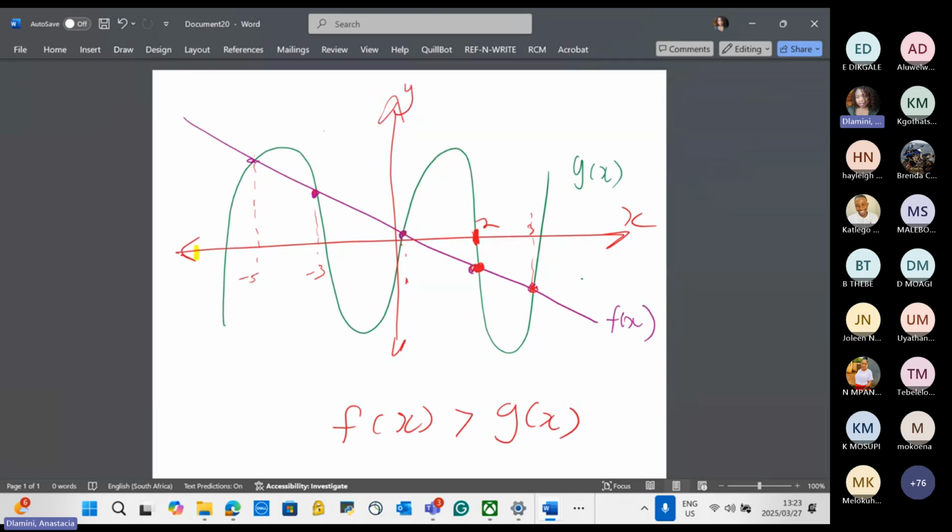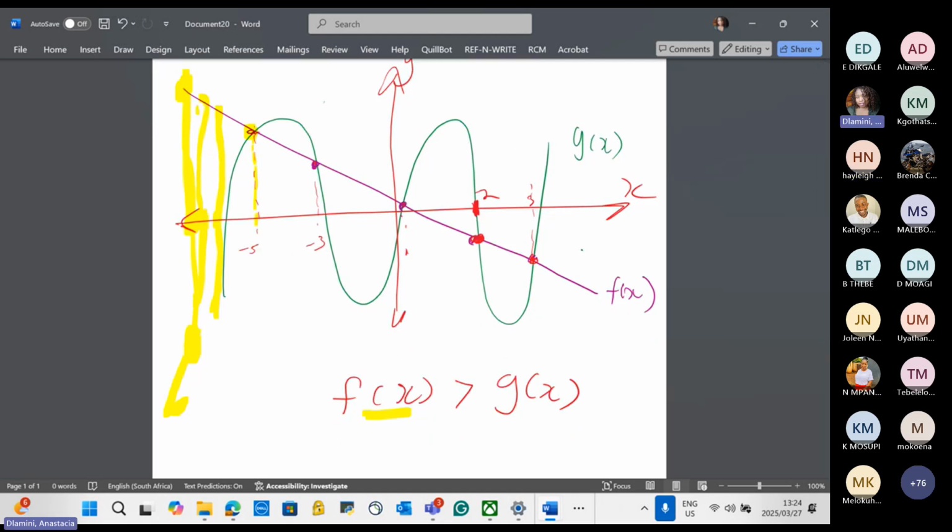For this value of x here, if I draw a line, remember this graph is continuous like this. If I draw a line, which one is on top, the green or the purple line? The purple line. And in this case, the purple line is our f of x. Do you see that? So that point is included, the x value here is included, and the graph to infinity is included, up to this point here, up to -5. Do you see that, guys? So this is true